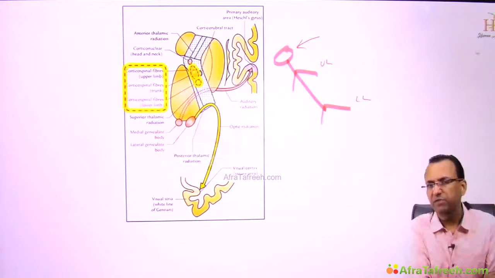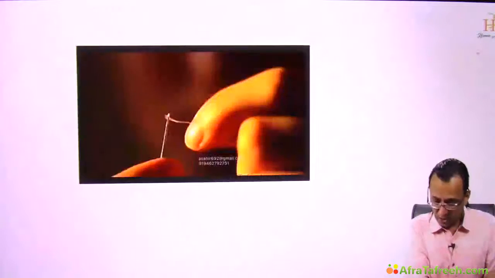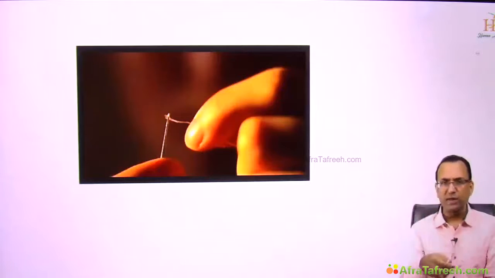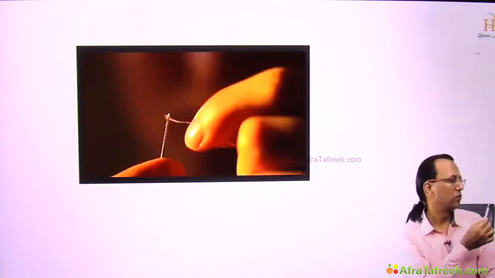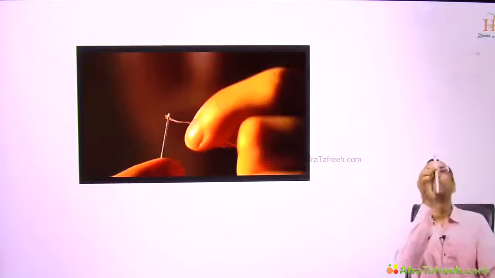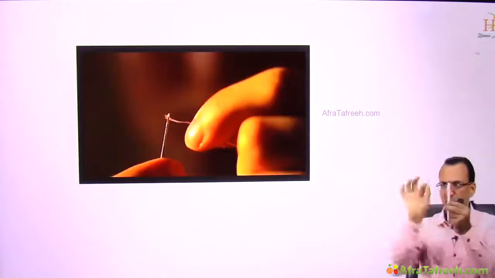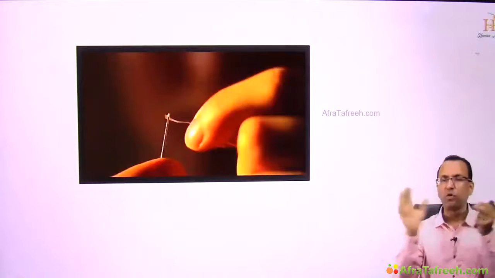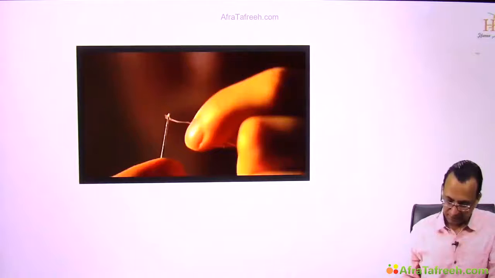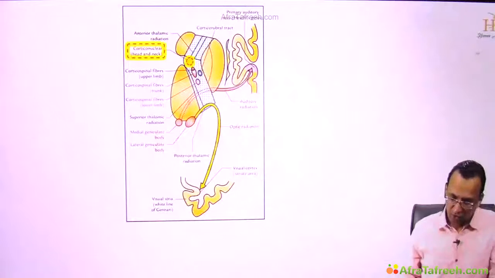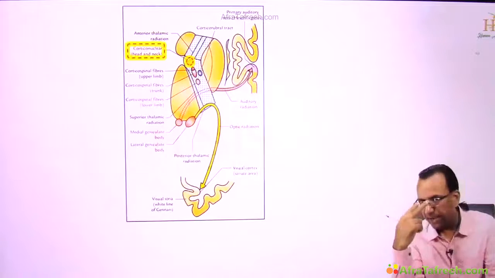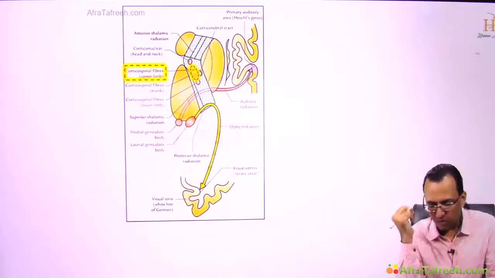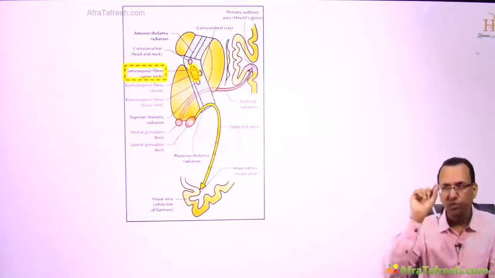That representation we have to draw ourselves as well. So putting a thread into a needle, the first thing is I have to move my eyes because I have to look at the eye of the needle. So the corticonuclear tract, yes, and then the corticospinal tract. Total, two things are the pyramidal system. The corticonuclear tract is for moving the eye, in the genu. The corticospinal tract is in the posterior limb of the internal capsule to move the fingers.